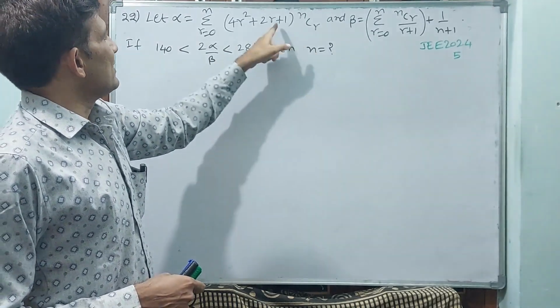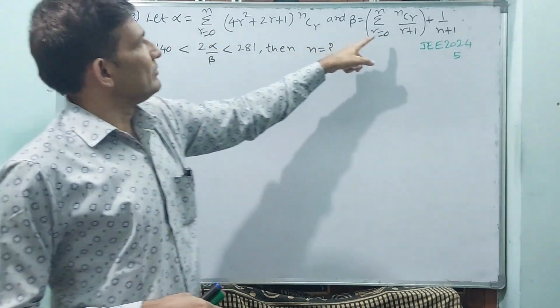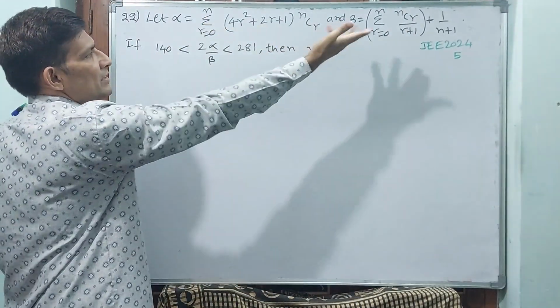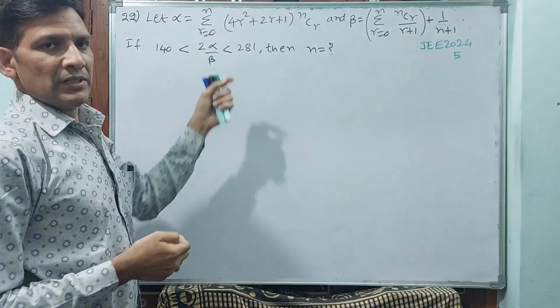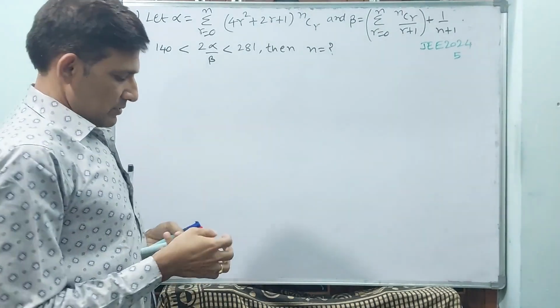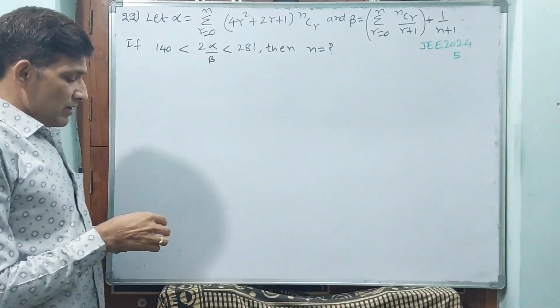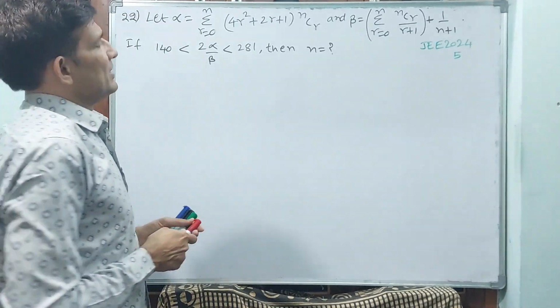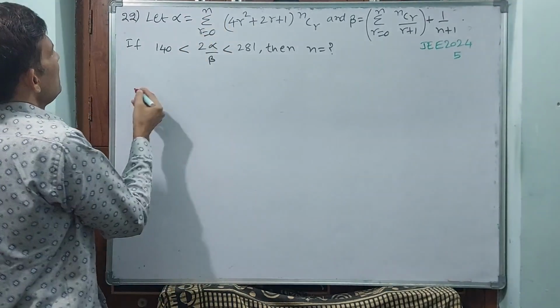Because the r value from 0 to n is given, in terms of n only these are going to come. The answer should come 5. Observe carefully, a little bit carefully, because this question is not that easy. One by one we will do. See,